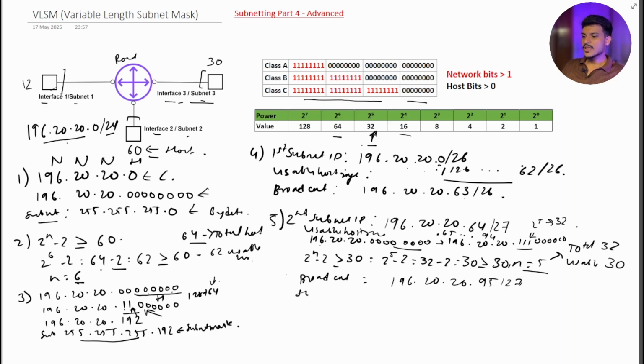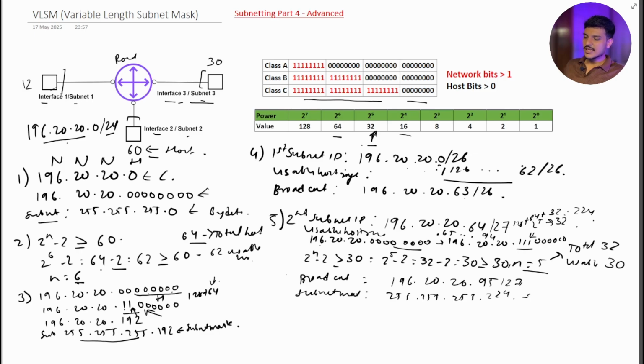Okay, now what will be its subnet mask? It represents the bits that are given to network and the bits that are given to host. Here in class C the first 3 octets are always given to network, but in the 4th octet some subnetting has been done. So if we sum up these values, 128 plus 64 plus 32, it will give us 224. So we have to write 224 here. It will be its subnet mask. Now we have found the subnet ID, the usable host range, the broadcast IP and the subnet mask